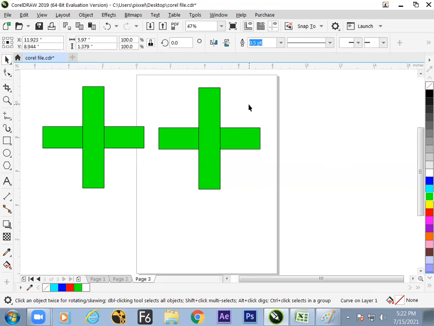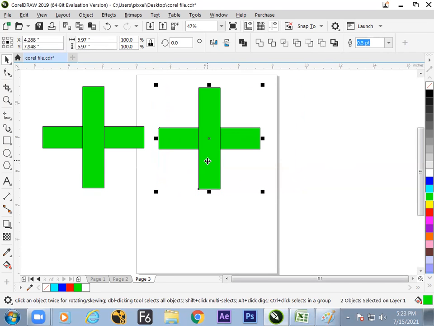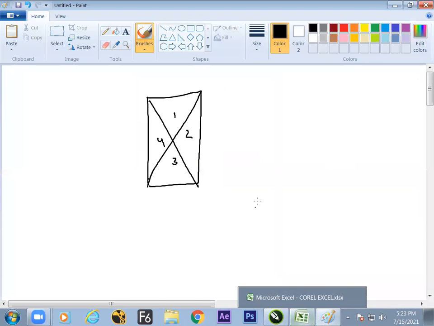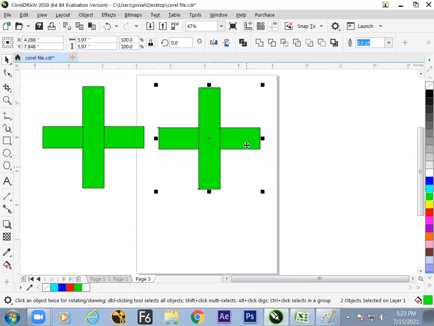But let us see what happens if we are working on closed shapes with combine. What is the hotkey for combine? Control L. Where is the option inside the software? In two different places.